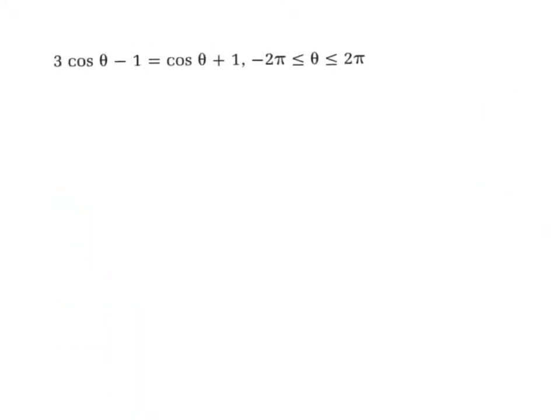3 cos theta minus 1 equals cos theta plus 1. So this one I'm not going to do a substitution. We could do it the same by substituting. What would the substitution be if we were going to do it? We would replace the cos theta probably with an x. But probably for one like this, I could just subtract cos theta from both sides instead of changing it to an x,